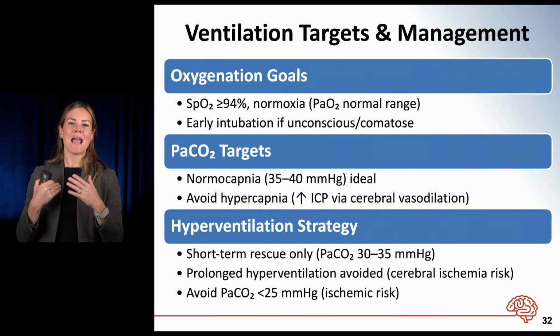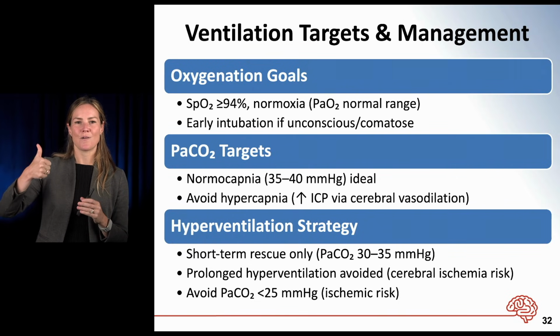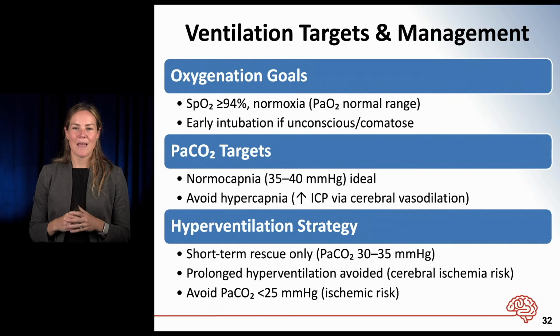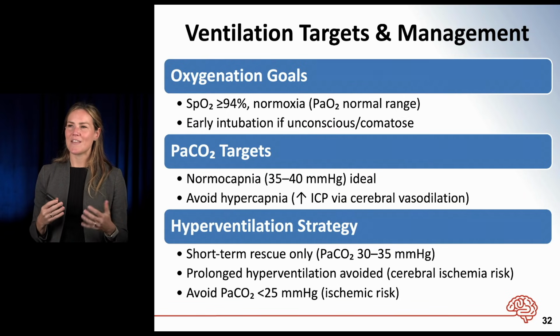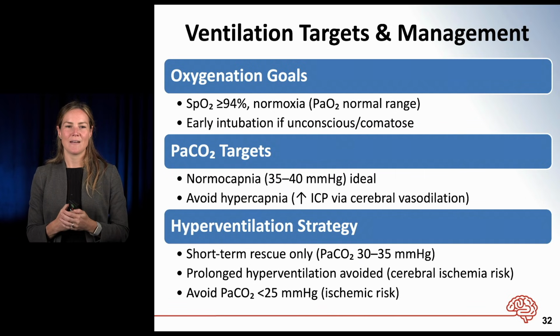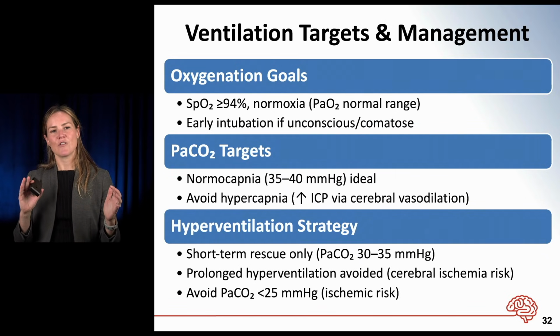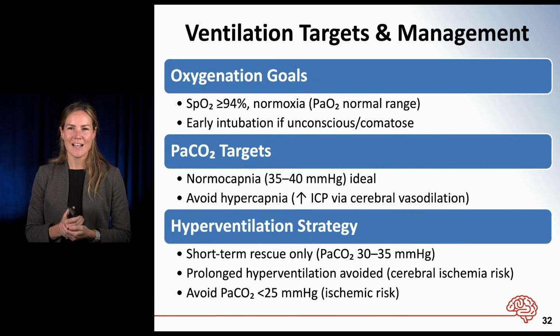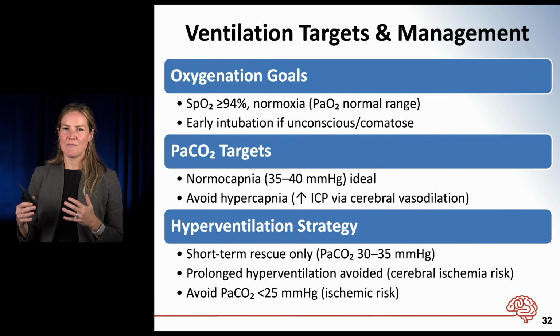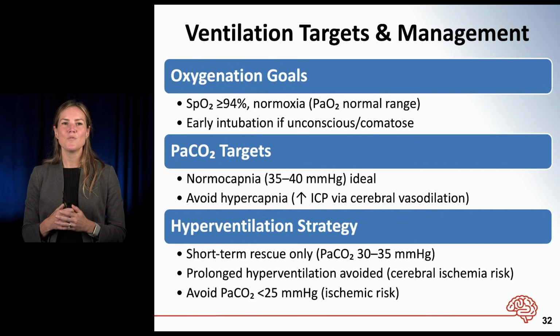So when we hyperventilate patients, that's going to raise our pH, which is going to trigger vasoconstriction. We do not want to go overboard on this because, again, that arterial blood flow is delivering oxygen to our brain. But I try to target a CO2 of anywhere between 30 and 35 millimeters of mercury as that safe zone. We're slightly hyperventilating, but we're not going to get into a danger zone of causing too much hypoxic